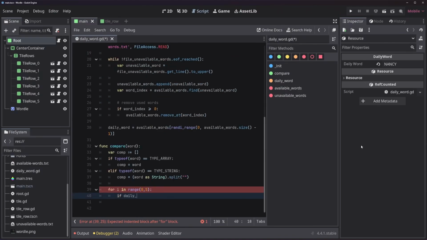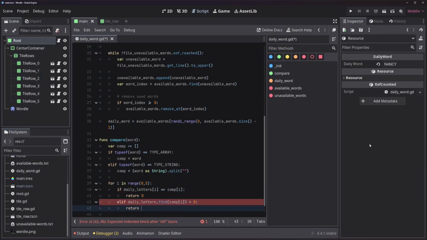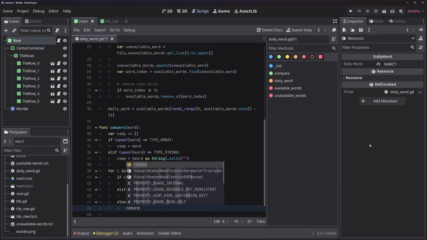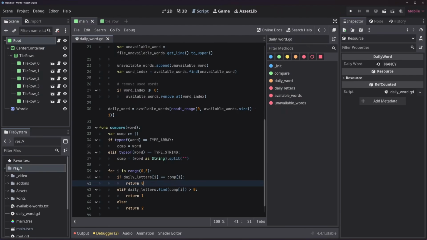So if our daily letter in this position is equal to our comp position, then we will return 0 for correct, and we'll replace these with an enum in just a moment. Otherwise, if we have an instance of the letter somewhere in the word, we will return semi-correct, and otherwise, we will return incorrect. And to easily keep track of our different states, let's go ahead and create a new